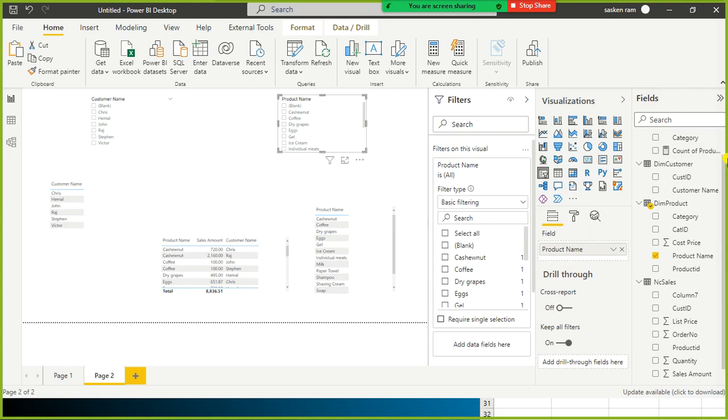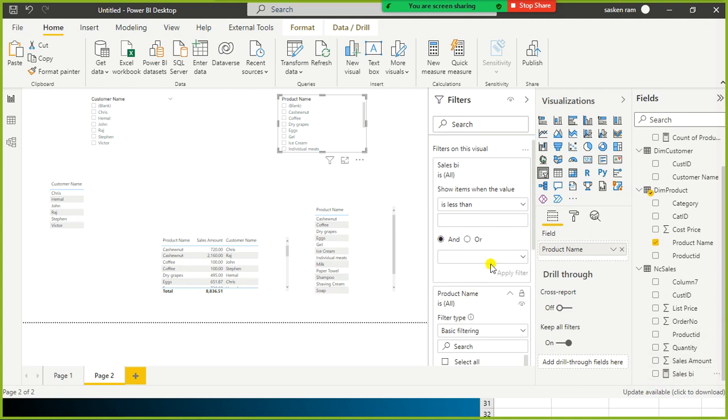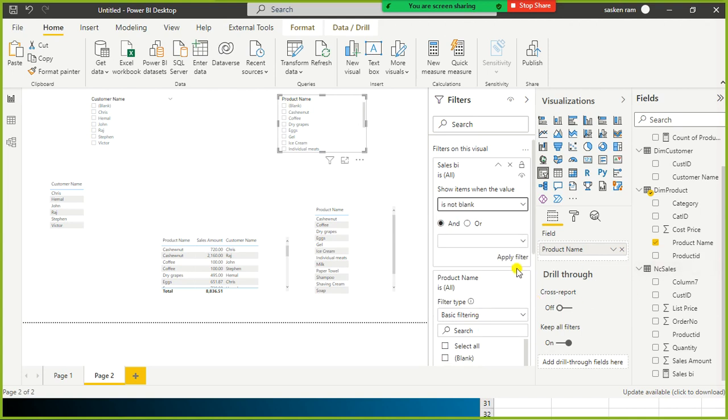So now what I do is, I created a measure, Sales BI. I just drag and drop this here. Look here, I have some blank value. I don't want the blank value to get displayed there.